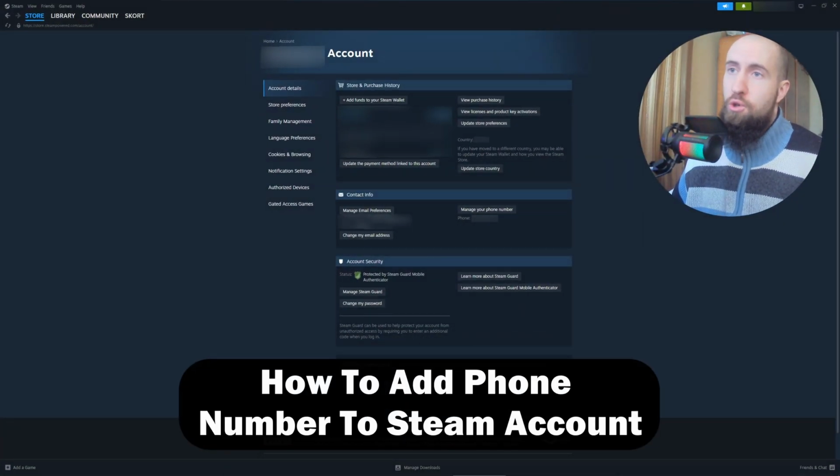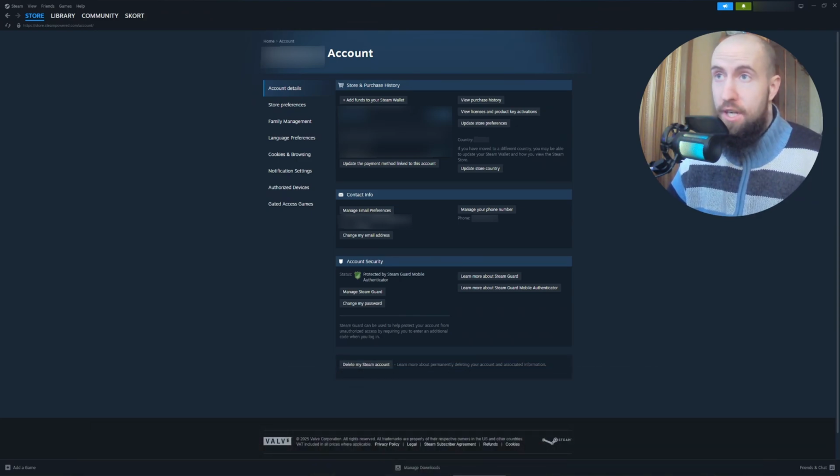In this video, we'll show you very quickly how to easily add your phone to your Steam account. It's actually very easy. So guys, just go into the account settings from the home page. So you just click on your profile icon right here. You're gonna get a pop-up. After that, go to account settings, and in here, in the very first tab right here, the very top one,